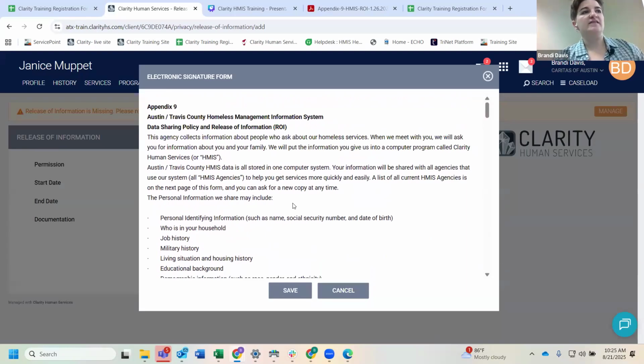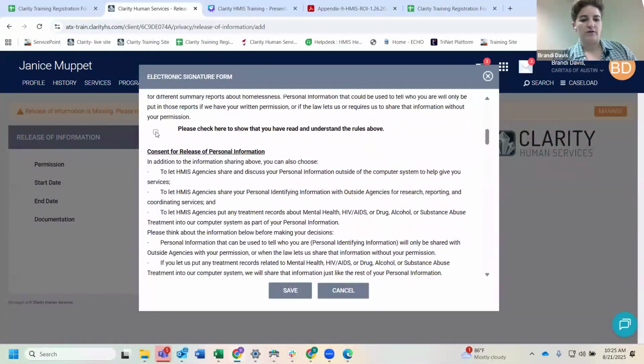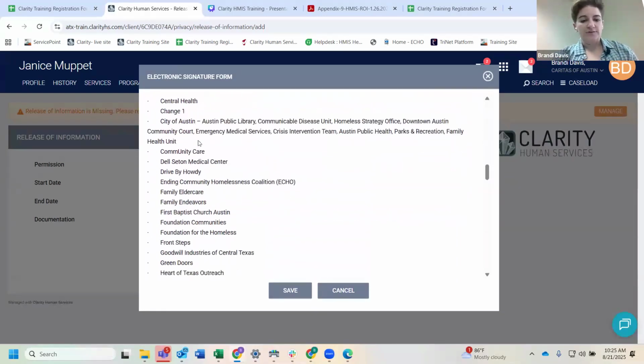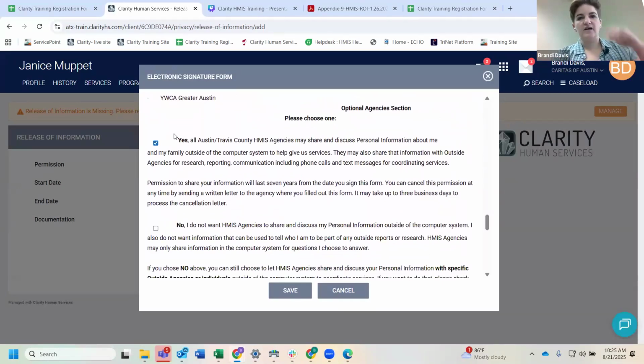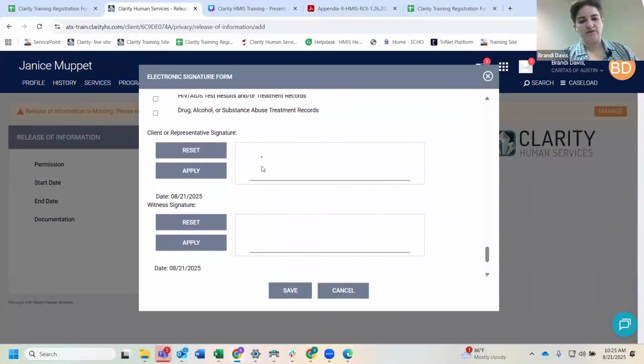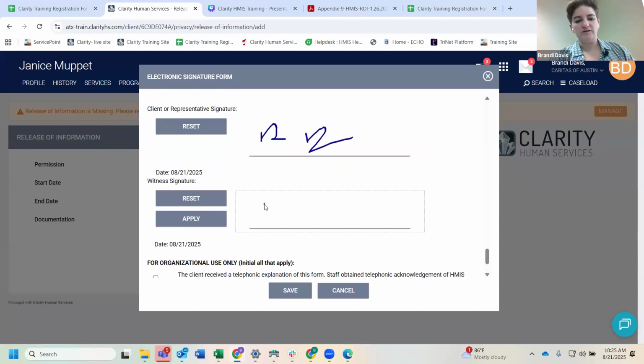And we're going to say that this client is comfortable having their information in HMIS. So we're going to scroll down. We're going to check this box. If you all are completing the ROI with a client this way, you'll want to make sure and hand the client your device so that they can sign this on their end. So we'll scroll down. And we're going to say, yes, this client is comfortable with us talking about their case outside of HMIS. And then we're going to do a signature. This is where the client would sign, but we'll put in a signature here for the training site and then click apply. And then you'll also see the spot for your witness signature. So this is where you would sign the electronic ROI. And then also make sure and click apply.